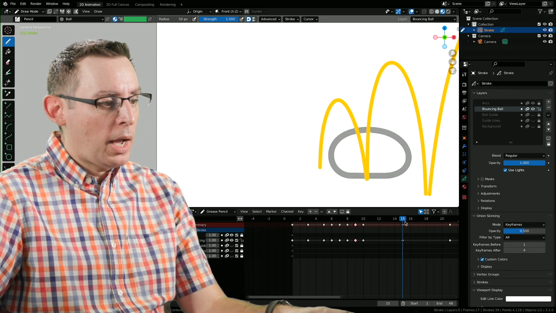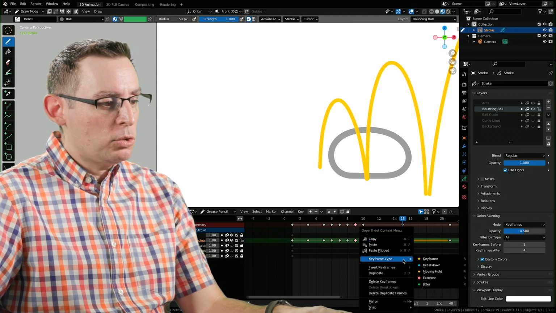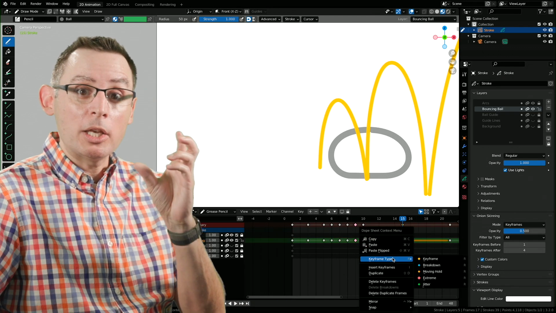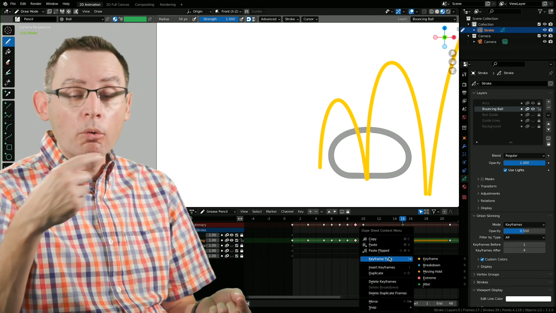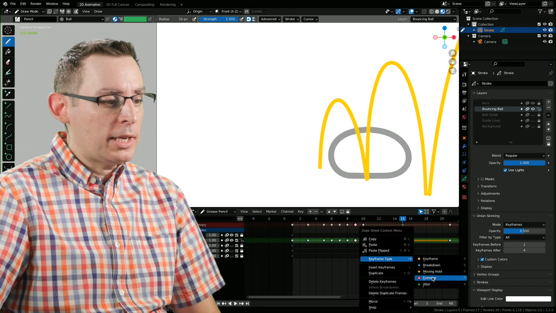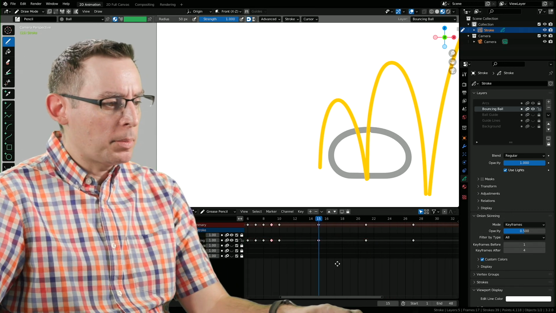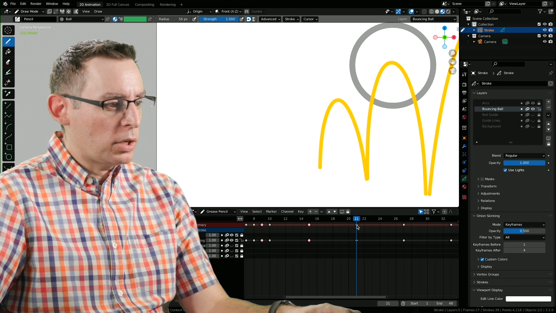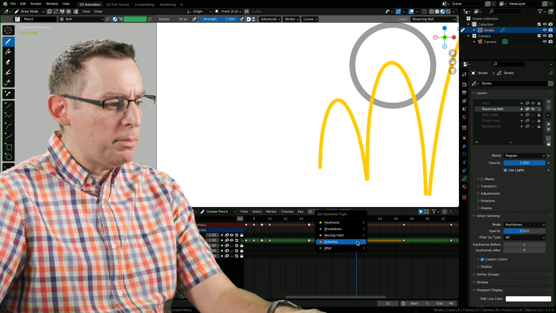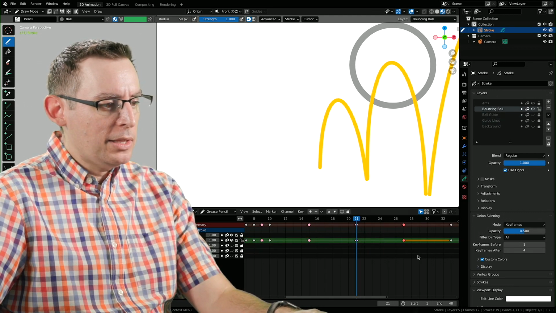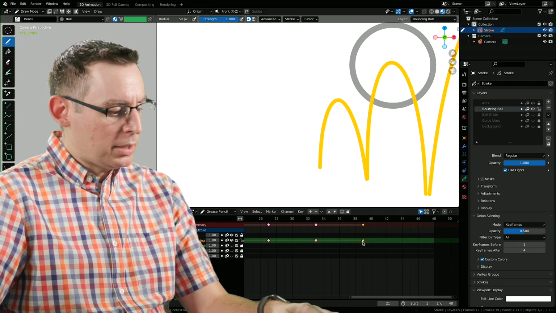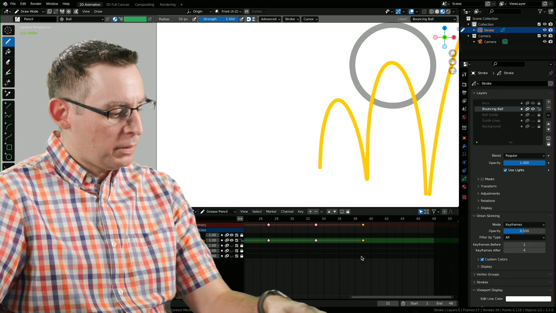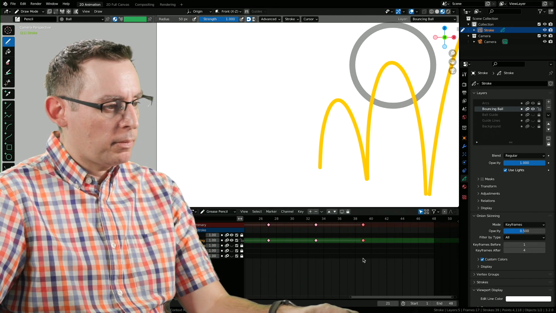So if I wanted to, I certainly could go over here to frame 15 and right-click on this as well and do keyframe type from the contextual menu that pops up under my cursor. So we can either hit the R key or right-click on the keyframe to set its keyframe type. And that's what I'm going to do real fast on all of these extreme poses. That way I can keep track of all of them, and I can see them from a distance and really understand what it is that they're working with. Excuse me. Hit the G key by accident. I wanted to hit the R key, and there we go.